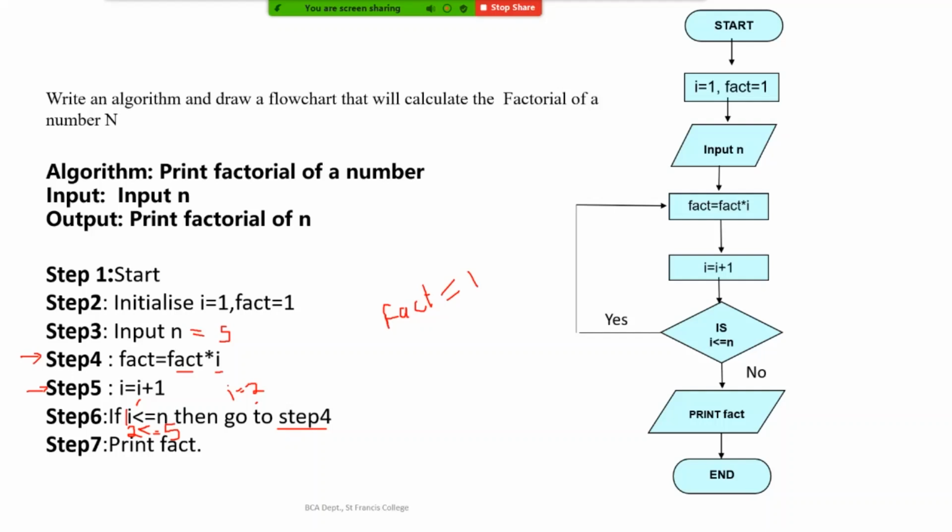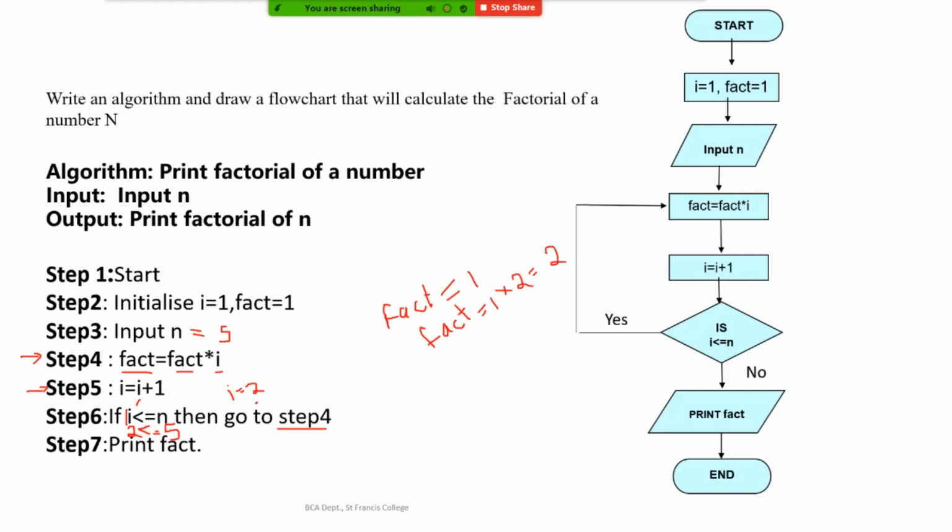So when we move again to step 4, what will be the new value of fact? It will be 1 into 2, right? The current value of i is 2, so fact equal to 1 into 2. We know that it is 2. So the new value of fact will be updated as 2 in this iteration.